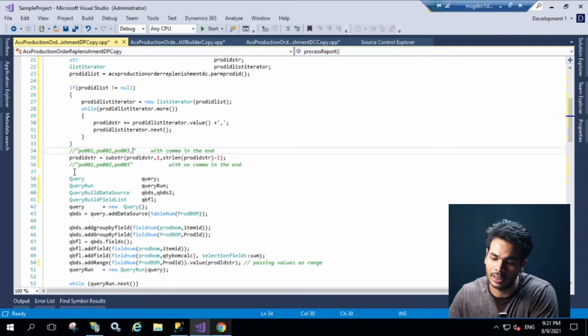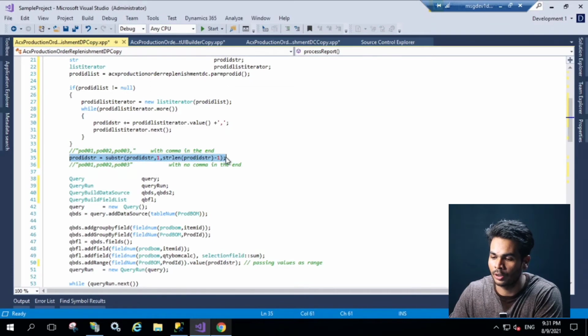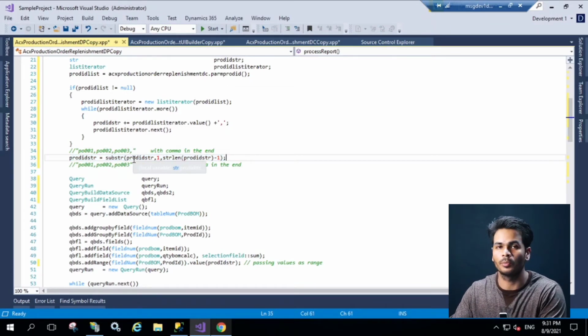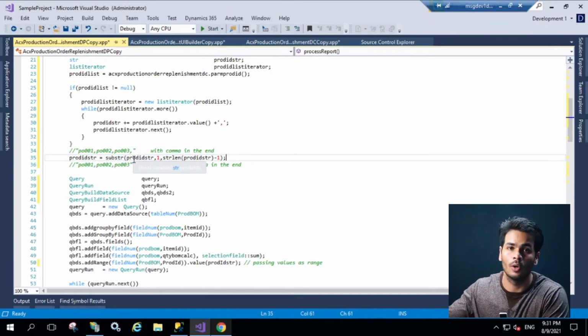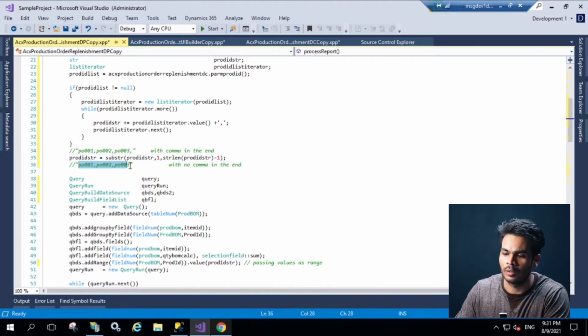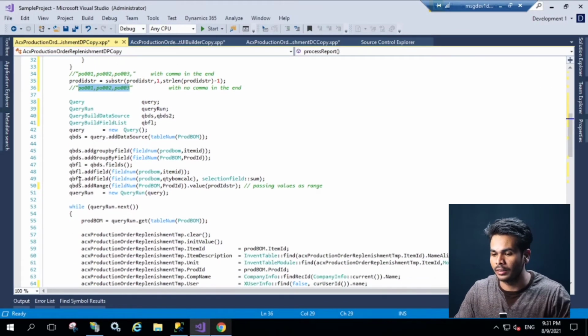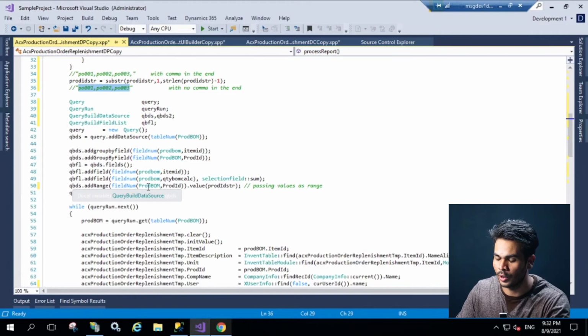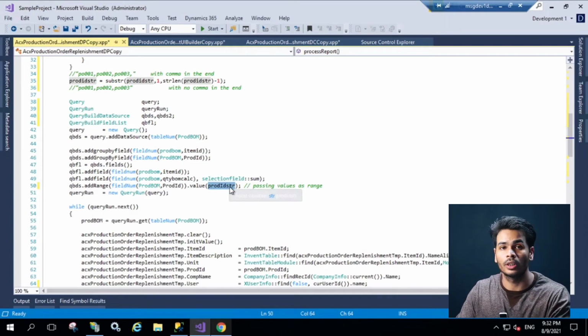The next line, line number 35, is removing the comma from the end. It is taking the substr from the first starting position to the last position minus 1, so it is neglecting the comma here. Now our string will have all the multi-selected values separated by commas. Now the next step, you can just easily provide that string in the query range to filter out your report data. So that's it for the list.